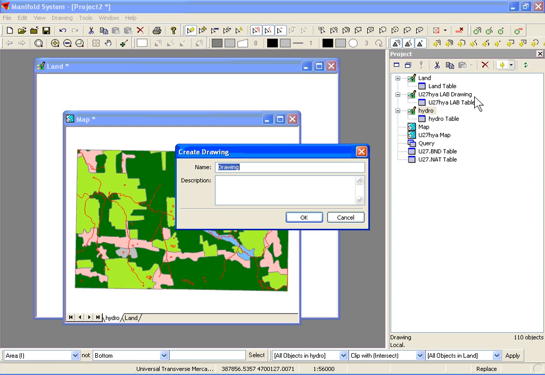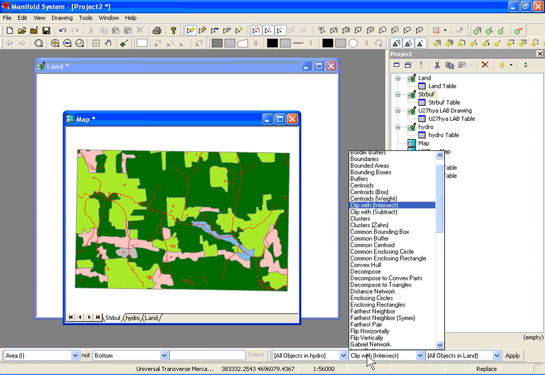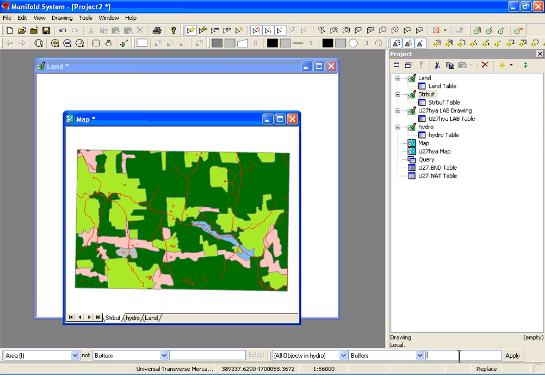Now we're going to buffer the hydrology. So here I'm going to create a new drawing, and I'm going to call it strbuff. We're going to throw our buffer into this drawing. Now using the transform tool, let's first make sure that the stream buff is the active component. And in the transform toolbar, let's buffer all the objects in hydro by 100 meters. I'll hit apply, and it'll just take a few seconds